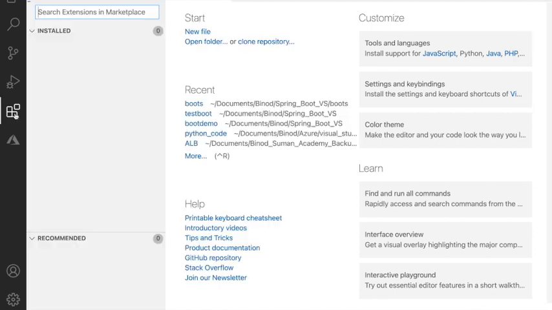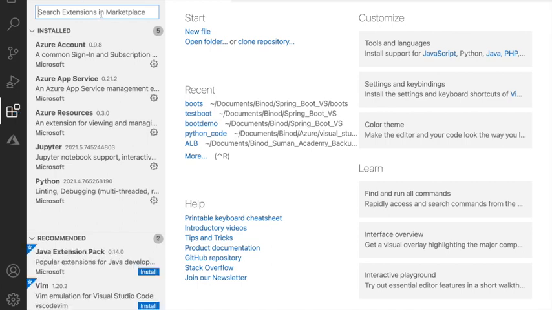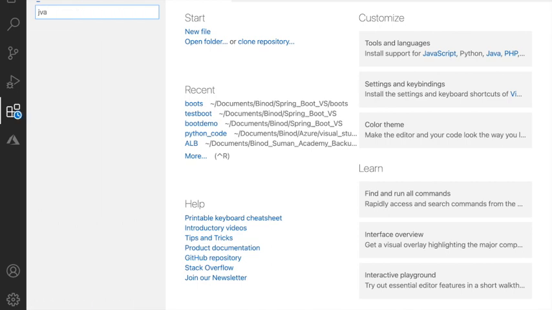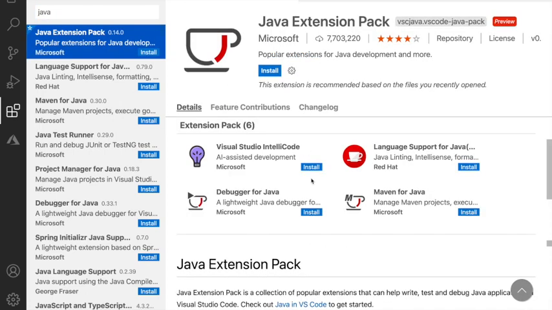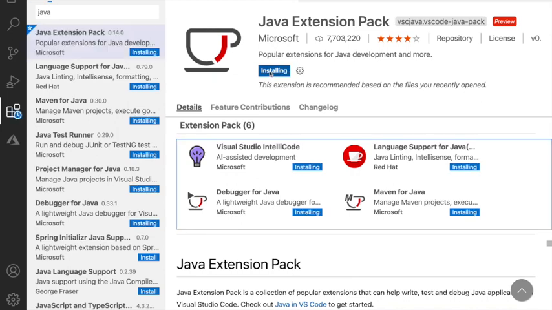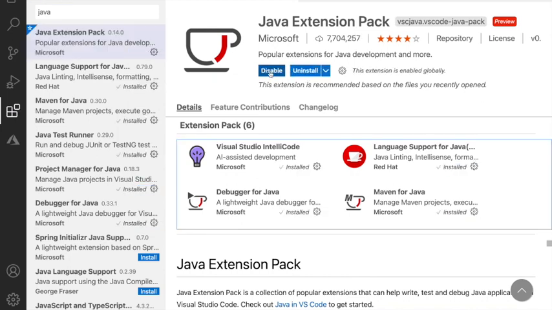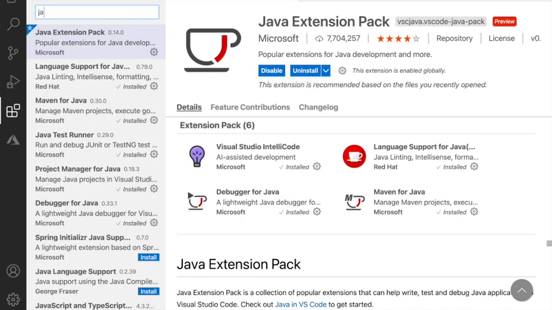So click here and search Java, and the first one, Java extension pack. In Java extension pack, you will get a lot of other things along with Java. So it is good to install, so just click on install.